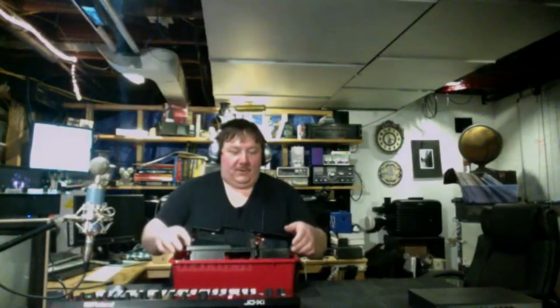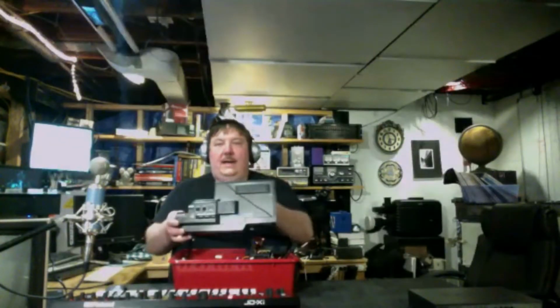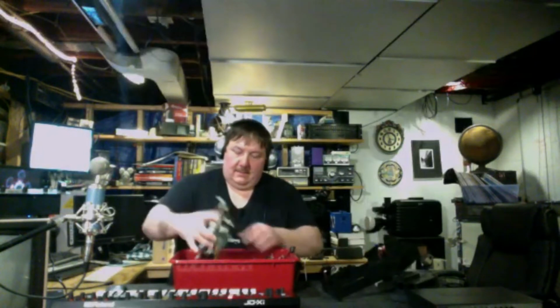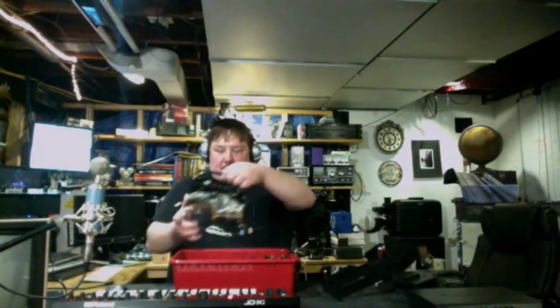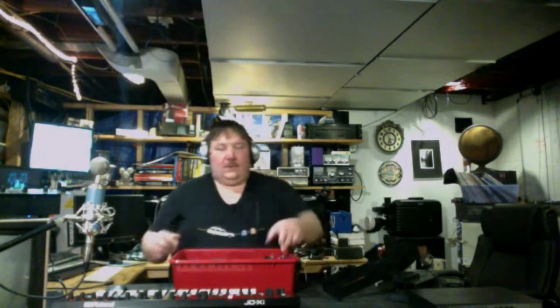But I also picked up, which I'll set this aside, a disassembled camcorder. It's in pieces. I'm going to work on it. But here's why. This is a VHS camcorder. Standard, normal VHS deck camcorder. The only thing really funny about this thing, which is one of the first camcorders to come out with VHS,